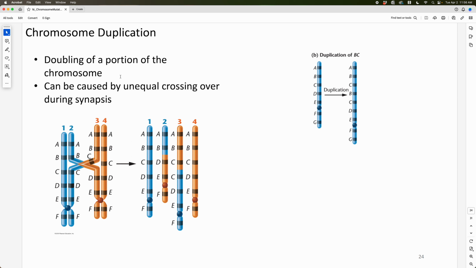Duplications occur when a portion of the chromosome has been doubled or duplicated. This can be caused through unequal crossing over during synapsis. So if we have our two homologous chromosomes here, and we have, for example, a repeat region, that makes it a little bit ambiguous to understand where these non-sister chromatids from the two homologous chromosomes should precisely match up. And if this happens, this can lead to a slight mismatch in how this crossing over event occurs,